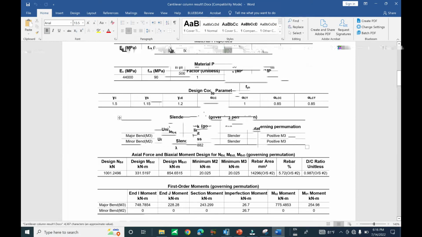The M02 is equal to the moment at the end of the column plus the imperfection. So the result is 775.48. Now let's check the result. This one is the larger end moment. In the case we have two moments, the smaller one at the top is